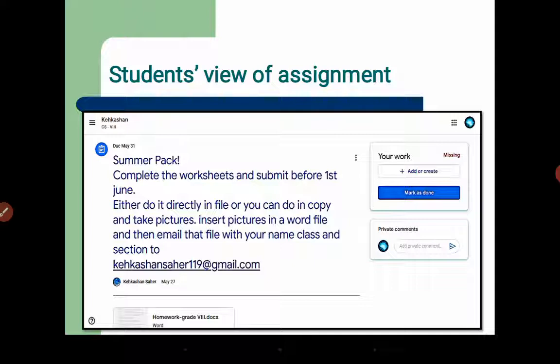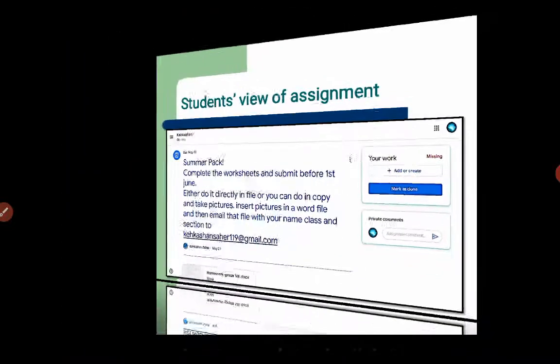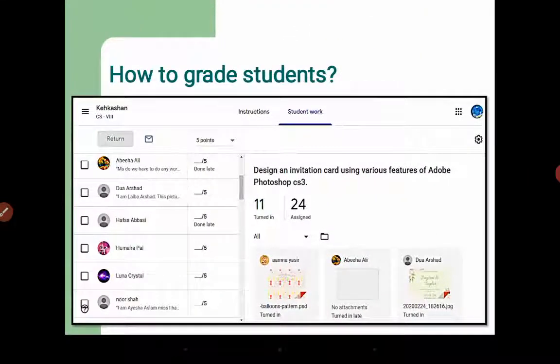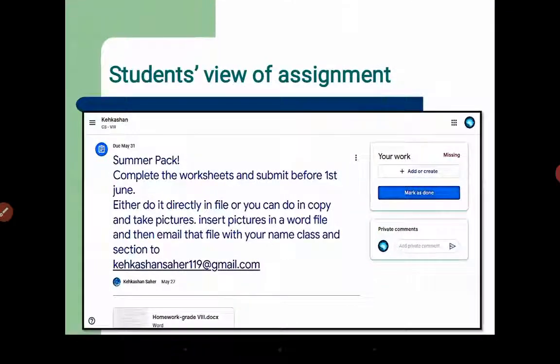When students get the assignments, this is the student's view of the screen. They are just having the title and the instructions on the screen, and the file that you have attached like this, and they just see the assignment, download the assignment, and make changes in the assignment. For example, if it's a worksheet that you have created and it has fill in the blanks or true and false, they will just add all that, and they will again add it over here.